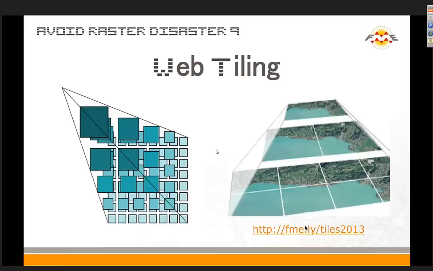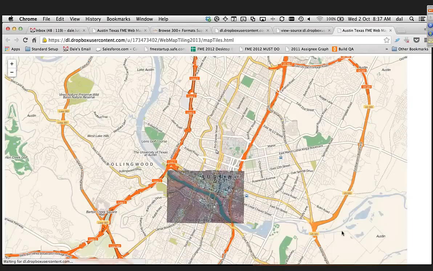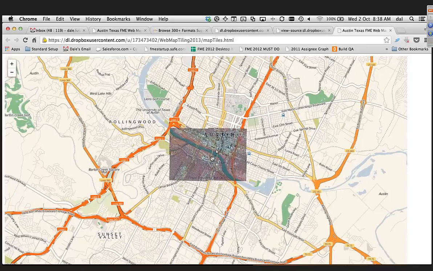So folks at home, if you want to, type fme.ly/tiles2013 into your web browser, and you will see what I'm going to show here. And Dave, I did this myself last night, using Leaflet.js. I've never done this. I learned JavaScript, and you know what? It's actually pretty easy. These guys that make Slippy maps are probably overpaid, because some old guy like me can get this to go without too much trouble.